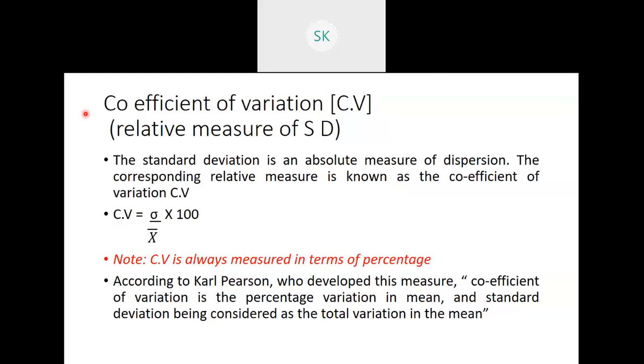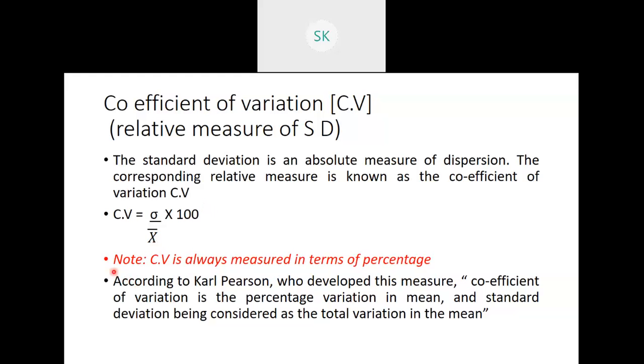Now here we solve the standard deviation, so the next continuation part of it is coefficient of the standard deviation, that is known as coefficient of variation or coefficient of variance. That is what it is called as. Now the formula for CV or coefficient of variation is sigma or standard deviation. We were calculating standard deviation using this formula or the notation, divided by mean. Okay, divided by x bar, which is nothing but mean, into 100. So what is the formula of CV? Standard deviation divided by mean into 100.